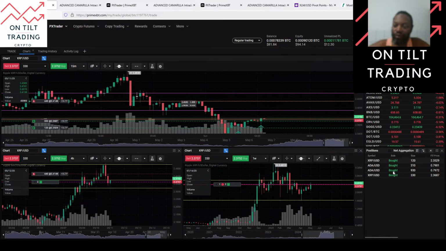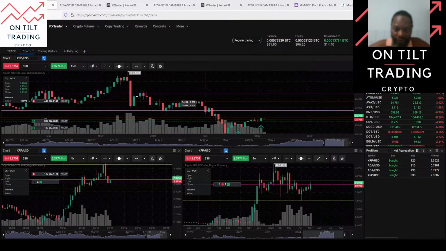Up first this morning we have Ripple. Ripple got my attention this morning, trading at the S4 level here on the 15-minute. We'll go through the top-down analysis and we'll go back to the 15 to go into more detail on my